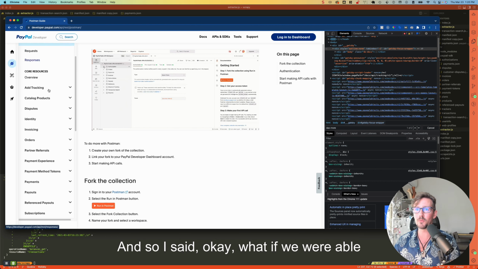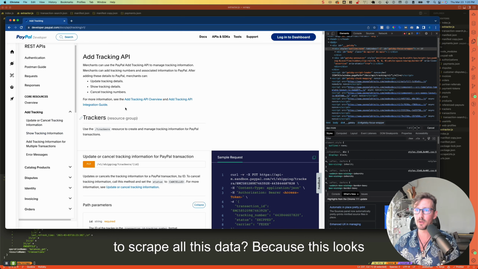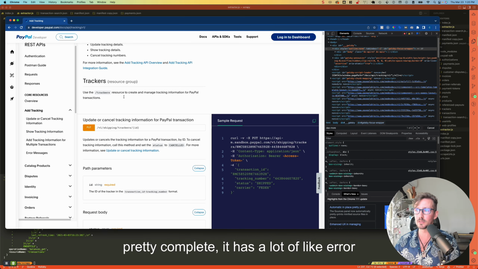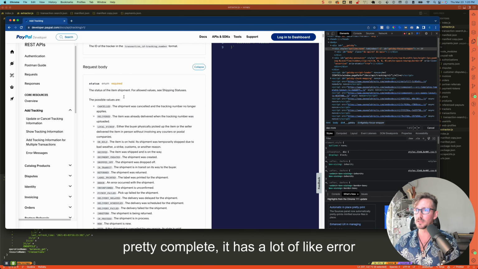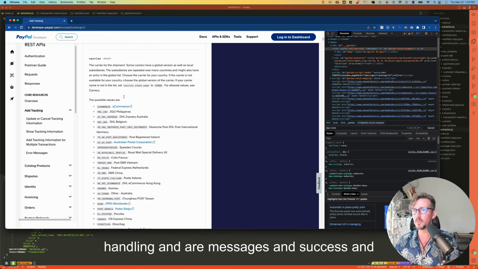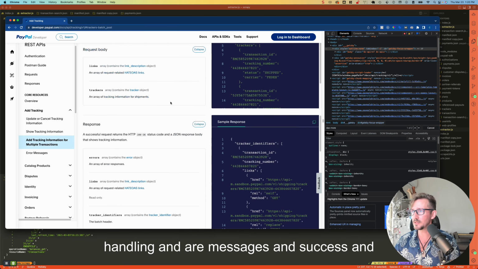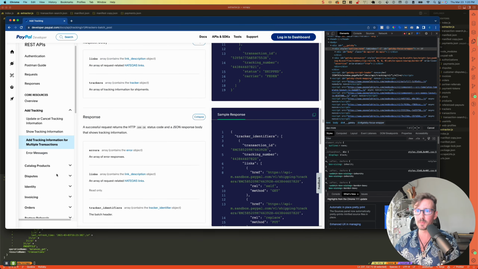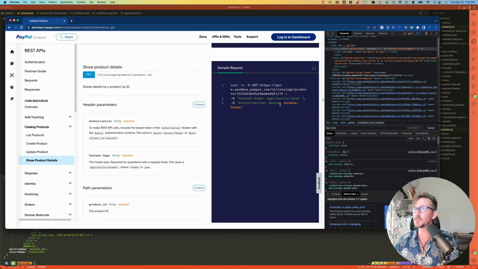And so I said, okay, what if we were able to scrape all of this data? Because this looks pretty complete. It has a lot of error handling and error messages and success and examples and all that, right? And so I was like, okay, what if we do that? So we built a scraper,